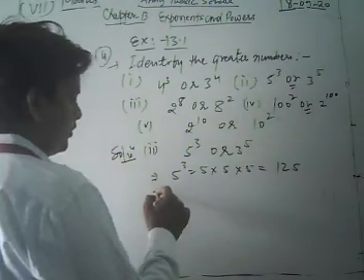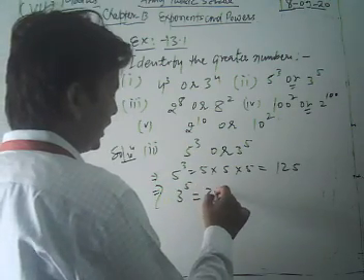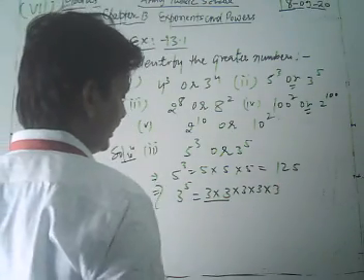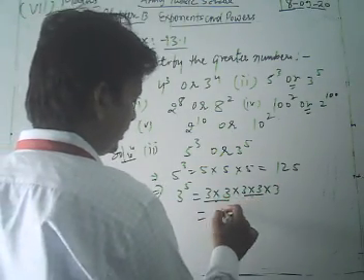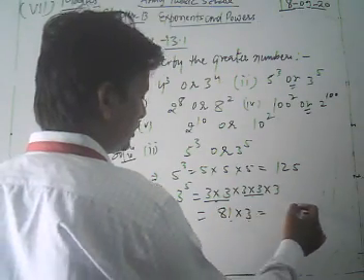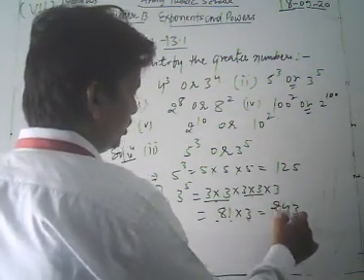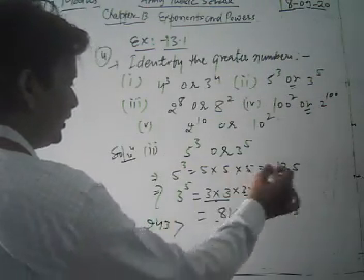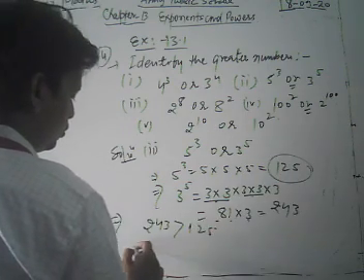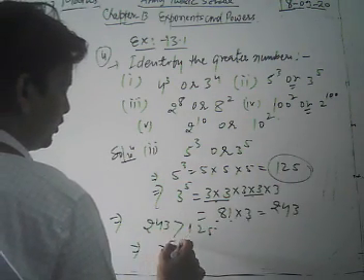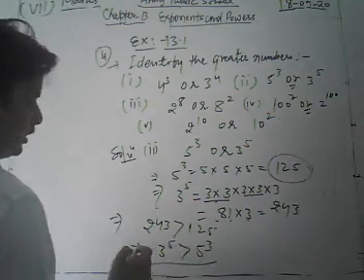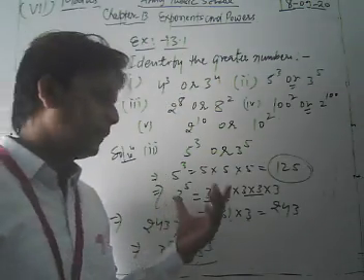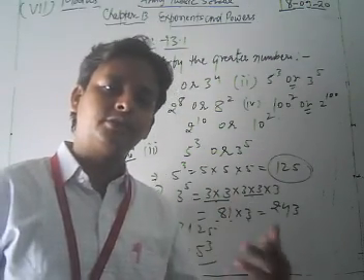We take 3 to the power 5, so we write 3 into 3 into 3 into 3 into 3. So 3 3s are 9, and 9 9s are 81 into 3. So we get 3 1s are 3, 3 8s are 24. In this way we get 243, which is greater than 125. So we write 3 to the power 5 is greater than 5 to the power 3. Thus dear students, in this way we compare two numbers written in exponent form.